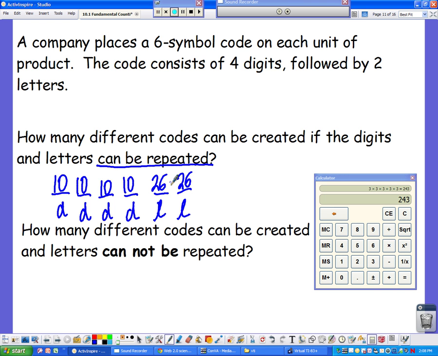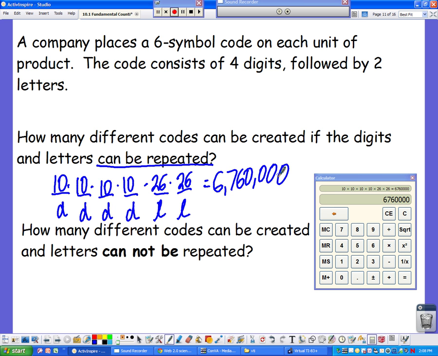The fundamental counting principle says just multiply those and it'll give me my answer. So 10 times itself 4 times, and then 2 26s give me 6,760,000. Okay, so let's take a look at the next part. It says how many different codes can be created